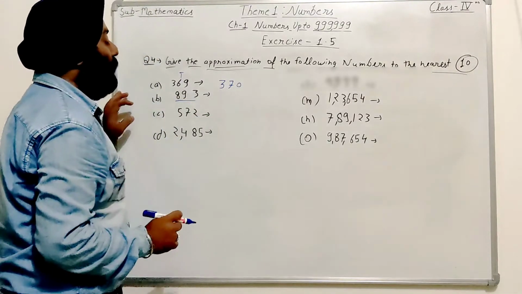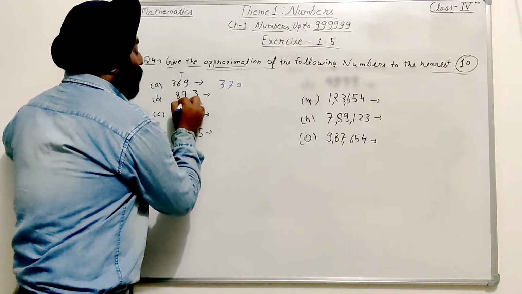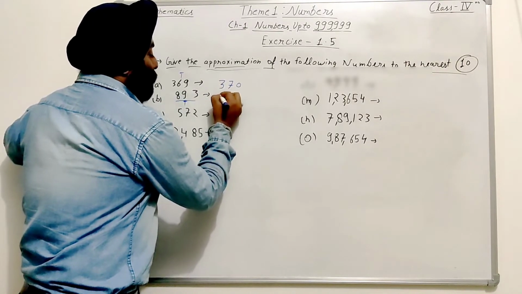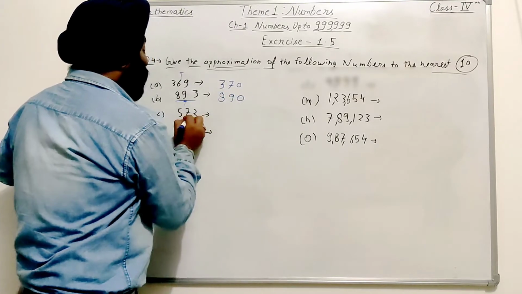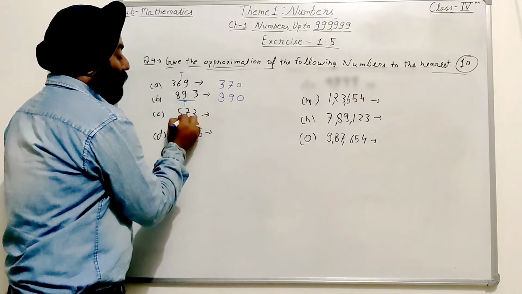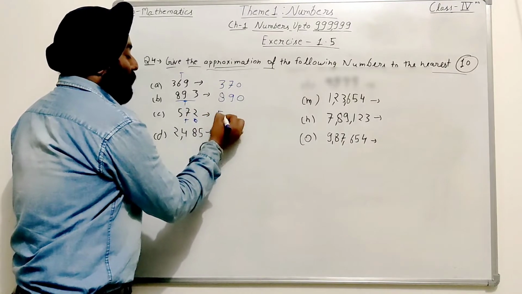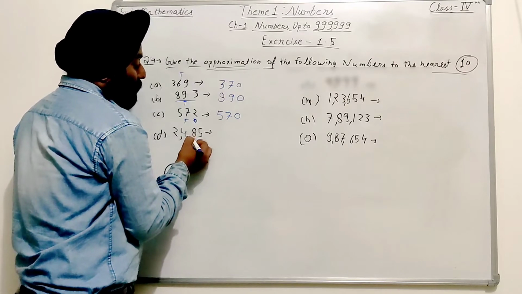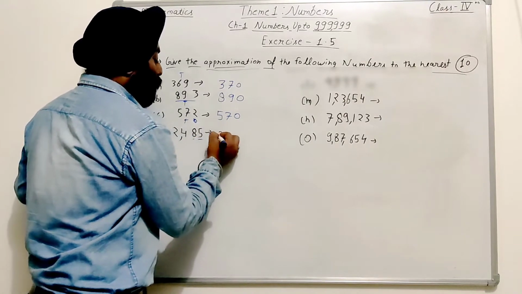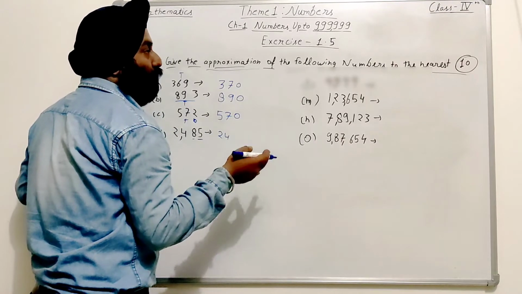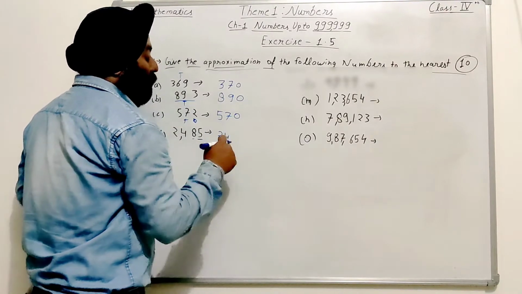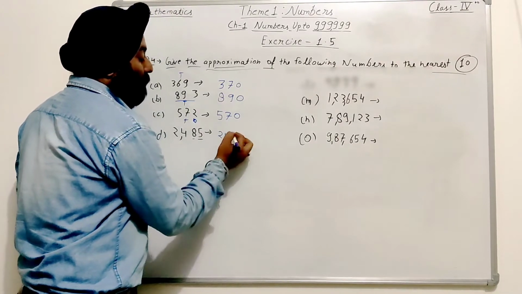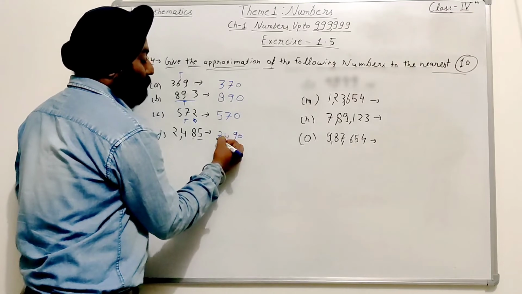Afterwards 893. So on the tens place there is 9, and on the ones place there is 3. So there is no change. 890. On the ones place is 2, and on the tens place is 7. Then there is no change. 70. On the ones place is 5, and on the tens place is 8. Then 245. There is no change. There is a change. 8 will become 9, 0.